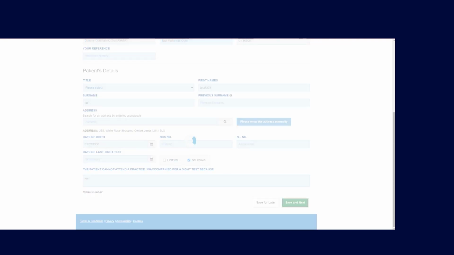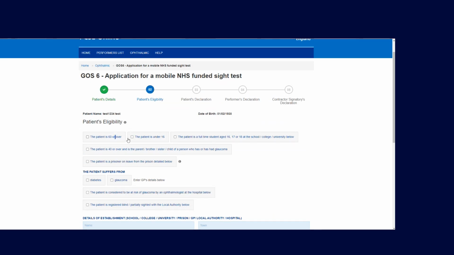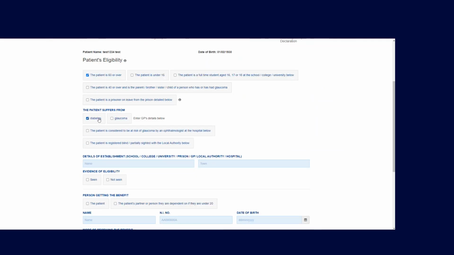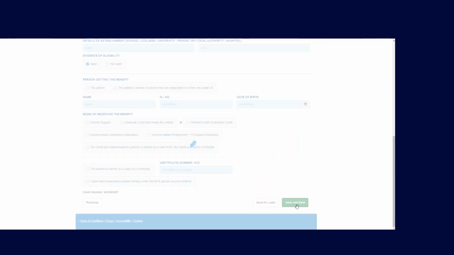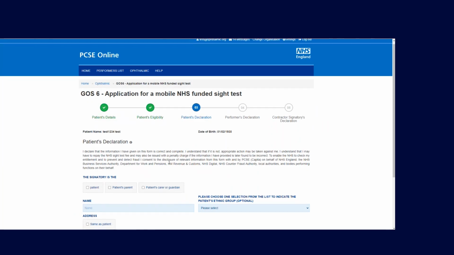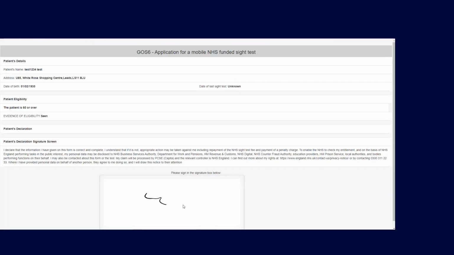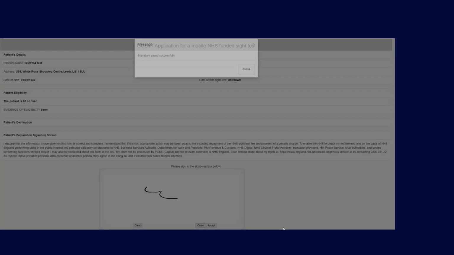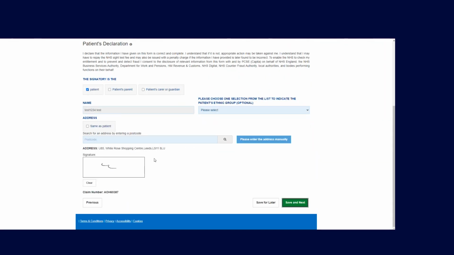And it is you filling in everything that I've shown you on the previous one again, but for this patient that you're seeing on the day, if any of these apply. But if you do fill in conflicting information, like I said, it will stop you. If you miss something, it'll flag that for you as well. And it's literally everything is the same until you go to